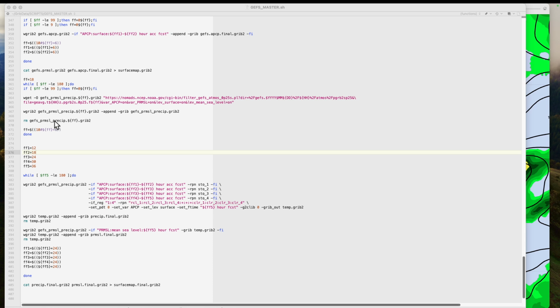And as soon as it does this one, then I delete that file so I don't use up a bunch of disk space. And then it says, okay, let's go to the next forecast hour, 6 hours later, okay? So it increases it by 6, goes back to here, downloads that file, merges that into the file that has the first forecast hour, and so forth, all the way until FF gets to 180, okay? So once we have that file with all the forecast hours right in here,